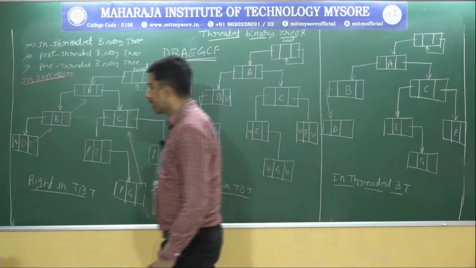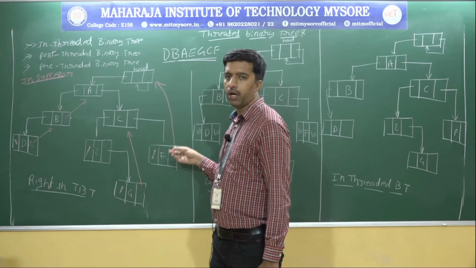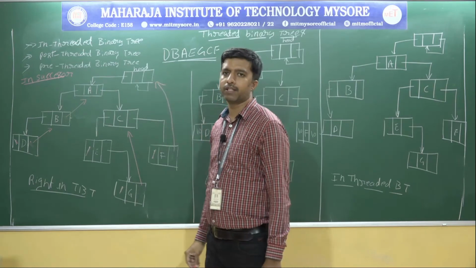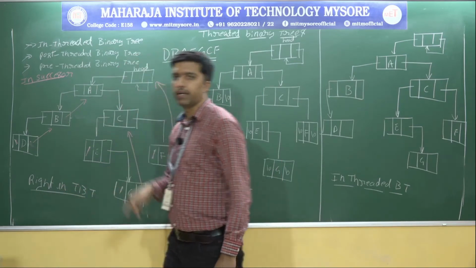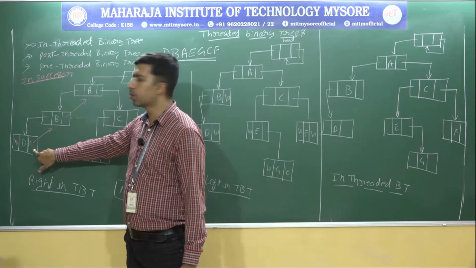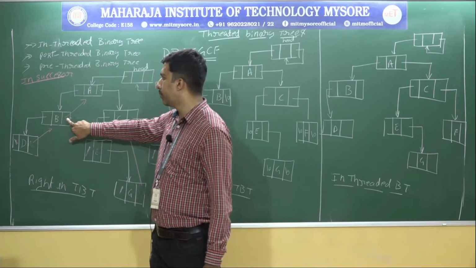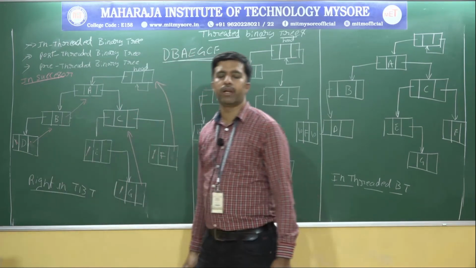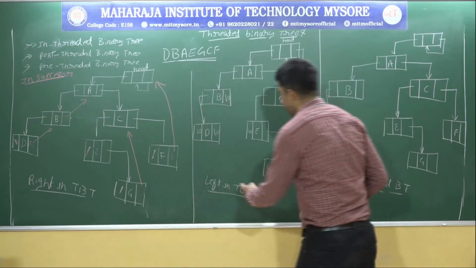So replace the null at each and every node. Every right node is replaced by the successor, and at that time it becomes a right in threaded binary tree. What happens? When we reach D, where is it supposed to go back? Easily it can track with right in. B, it has to go back. Next, from B, I am supposed to go to A. Like that, traversing is very easy in the threaded binary tree. It executes very fast.